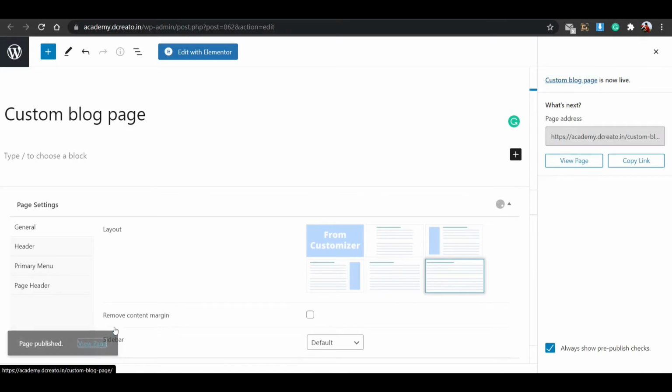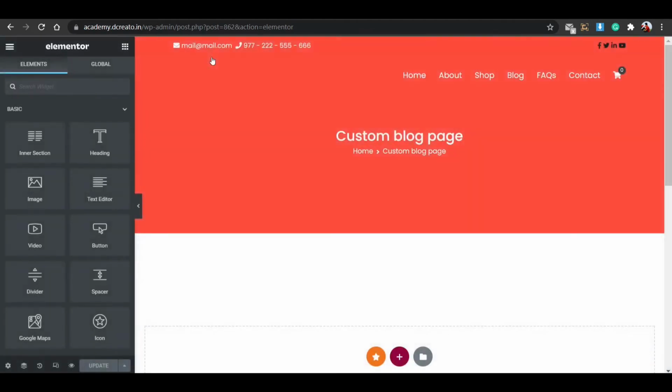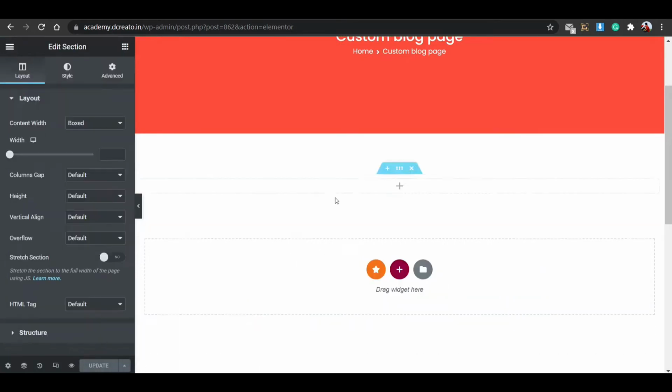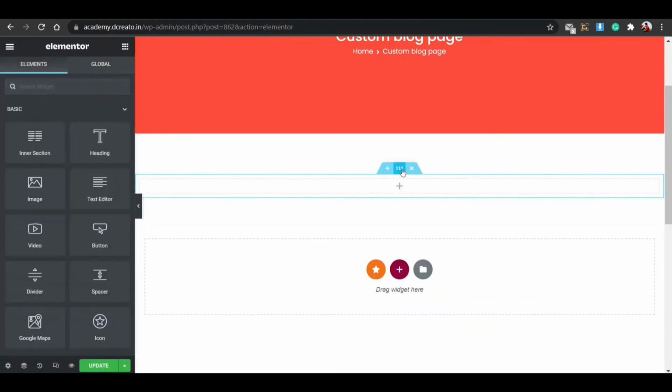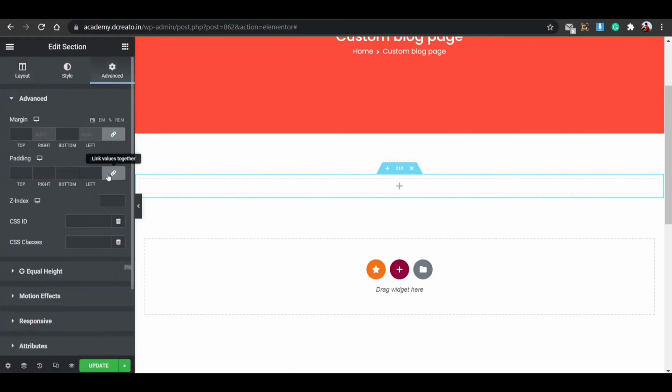So this is the view page. I click on view page and click on Edit with Elementor. After that, at first I'll show you how to create a custom blog page using only free plugins. Click on this plus icon and select one column, then click on the plus icon again. Select the three dot icon and go to the Advanced tab, and then padding will be